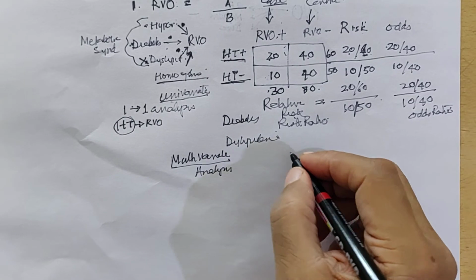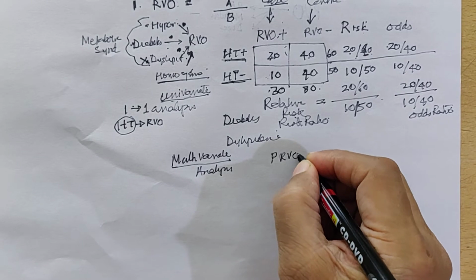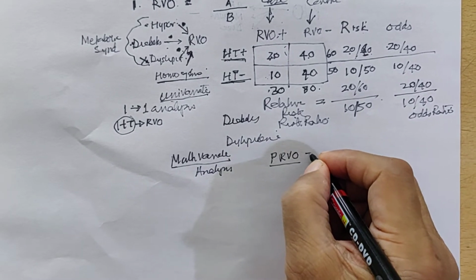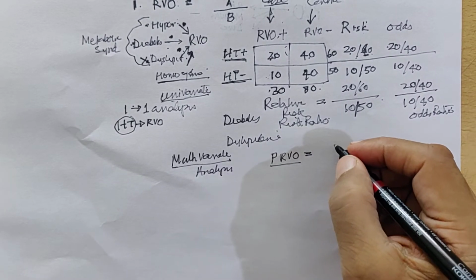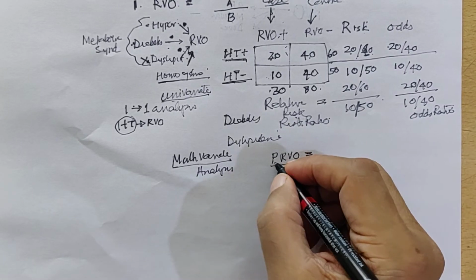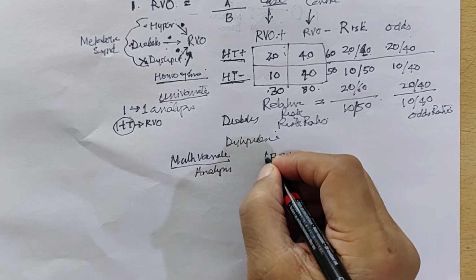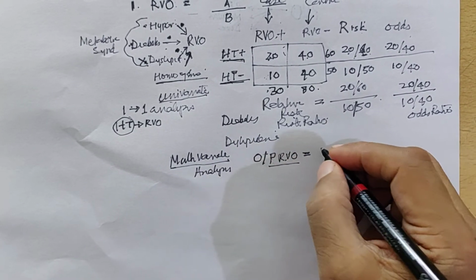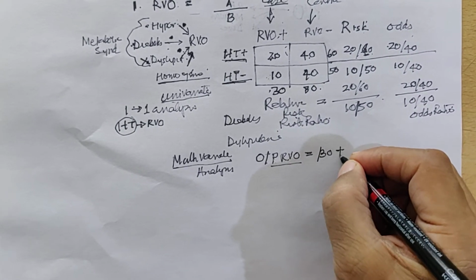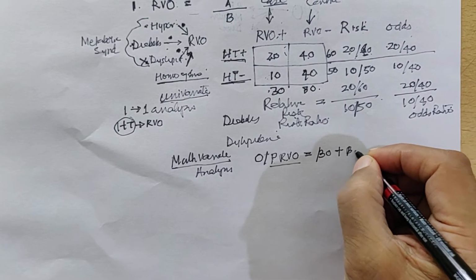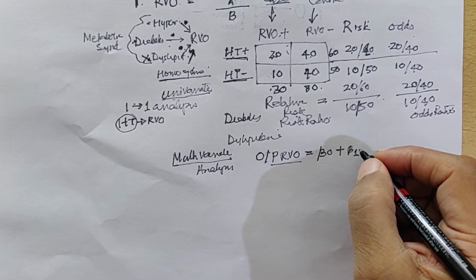Here, the probability of RVO, the chance of RVO, will be equal to... you can say probability, this is the probability number, this is the odds number. The probability or the odds of having RVO will be equal to some number, which is the unexplained part, plus beta 1, the association,